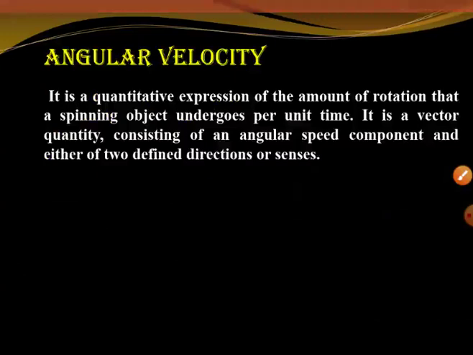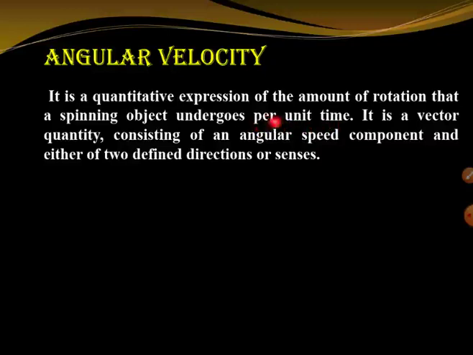Let's see others. Angular velocity. Angular velocity is similar to linear velocity, so here also we need to find it out. When we say linear velocity, we say rate of change of displacement. Here also the same thing: rate of change of angular displacement will be equal to angular velocity. It is a quantitative expression of the amount of rotation that a spinning object undergoes per unit time. See, per unit time is there. If it is velocity, then it is rate of change of displacement in linear motion, right? So likewise here also, in the case of angular velocity, it will be